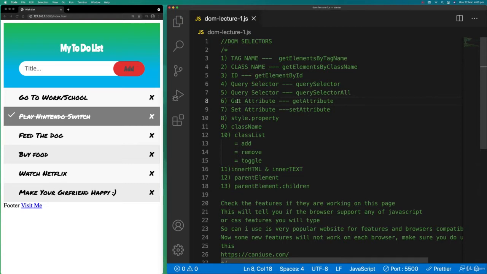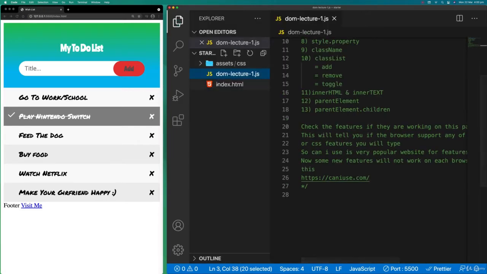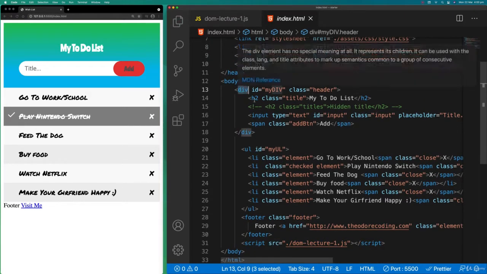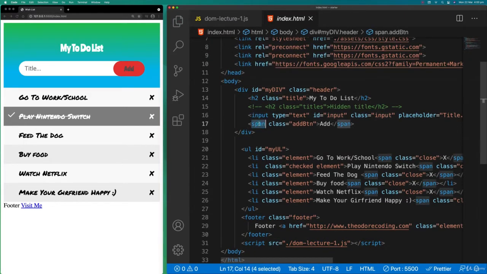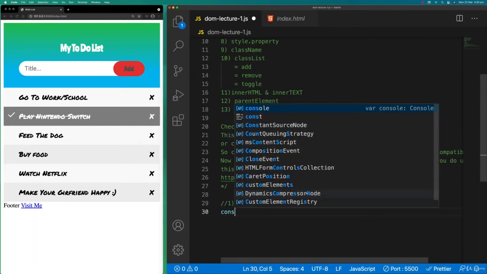So let's do a couple of things here. Let's start with using this selector called tag name. So document.getElementsByTagName. Now, what does a tag mean? Well, any HTML tag, meaning this div, h2, input, span, that is called a tag. So we can get that through these selectors. So the first one, let's do it like this. And let's say console.log